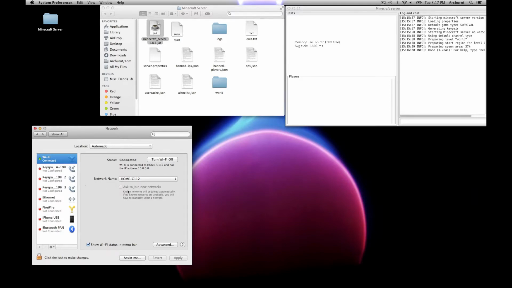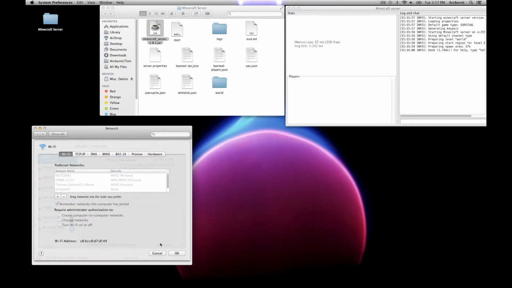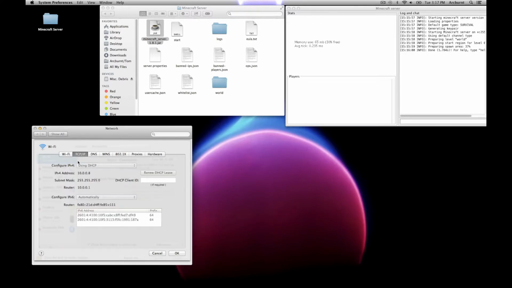Now normally all of your info is down here. Everything's kind of changed a little bit depending on what operating system you're using, but the number that we're looking for is our router IP. So we're going to click on Advanced, go to TCP IP, and like I said, this might be in a different area of your computer depending on which Mac version you're running, but you're looking for this number right here,